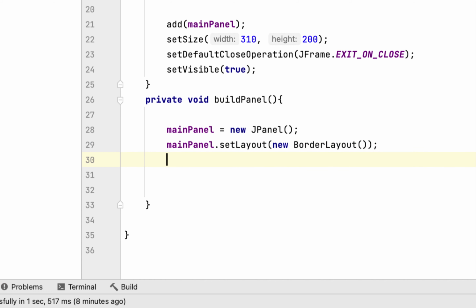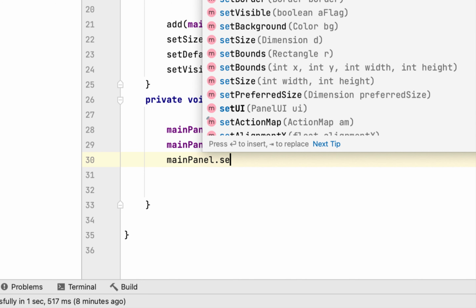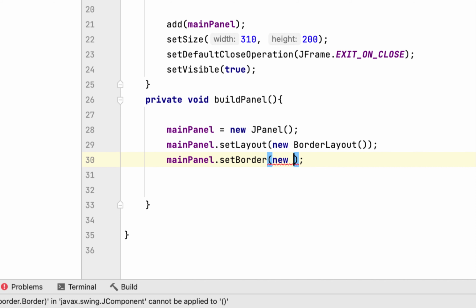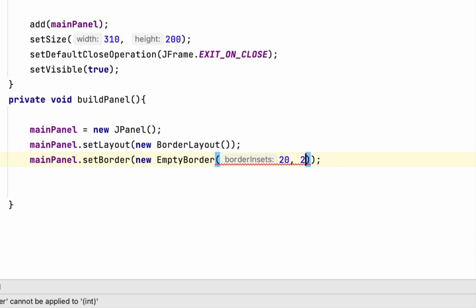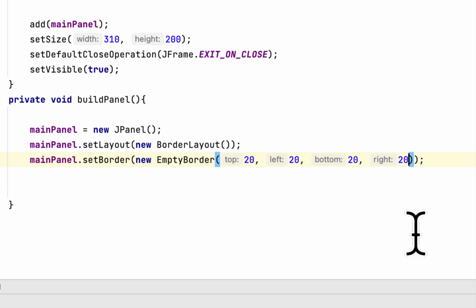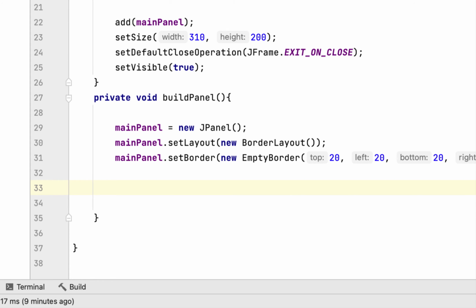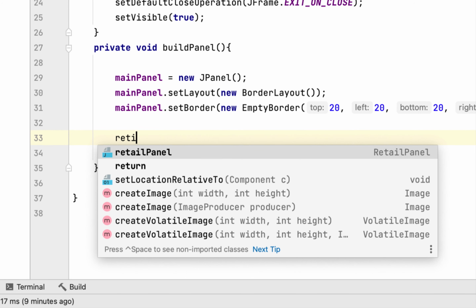Then we're going to say main panel set border. We're going to give empty border to give a space around the corners, a padding, I mean, a gap across all the corners. After that, we have to instantiate the retail panel,